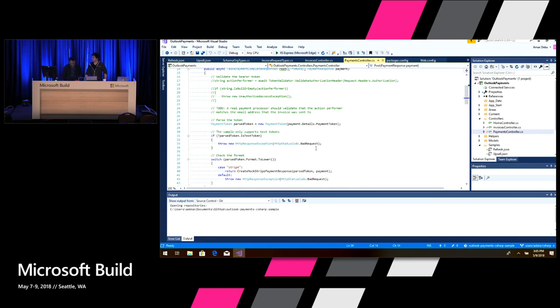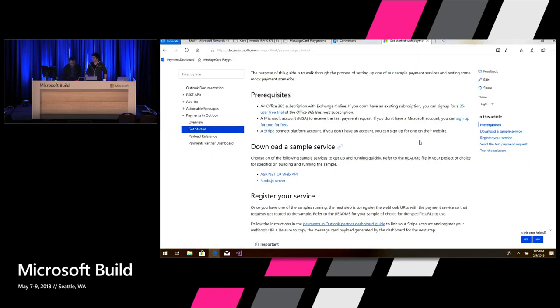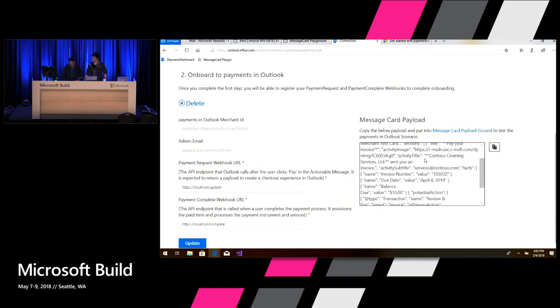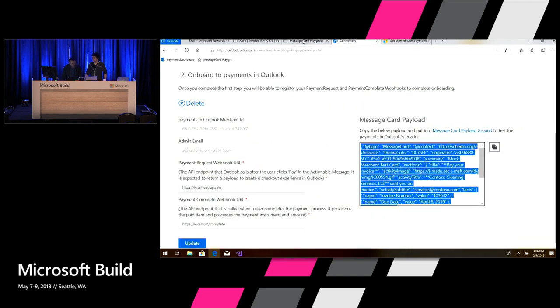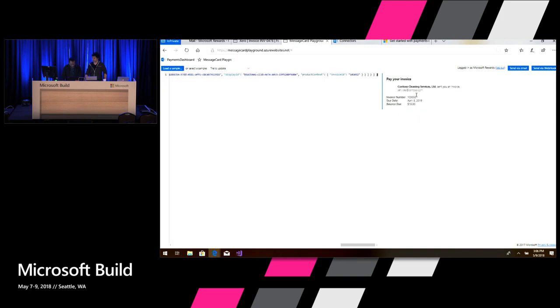So let me actually use the sample card from the connector playground. I will just use this to send a mail to myself so that I can actually trigger the experience. For now, we have just configured a localhost. So some background here.